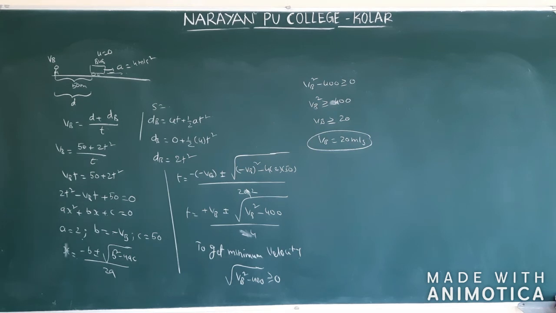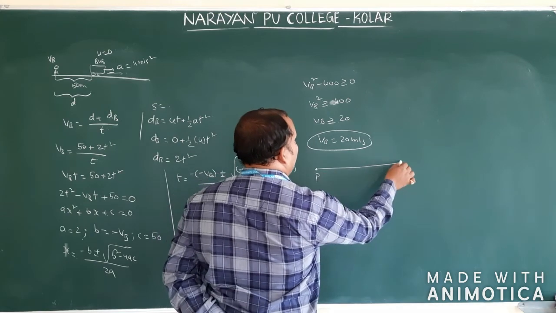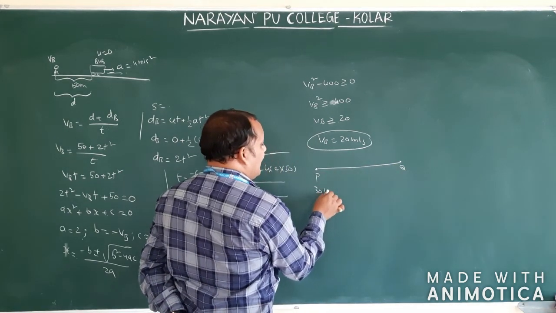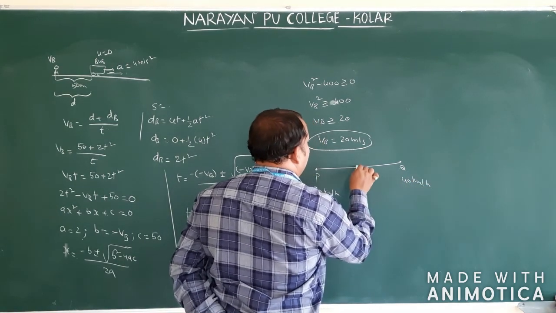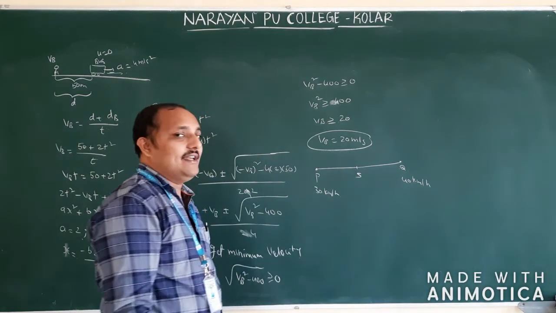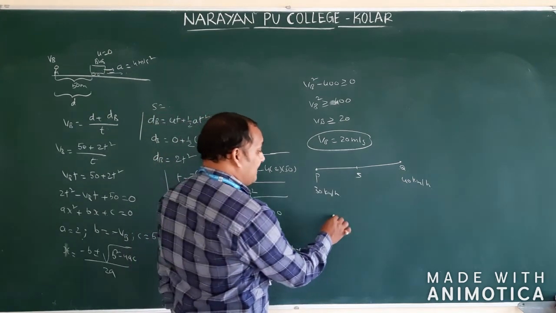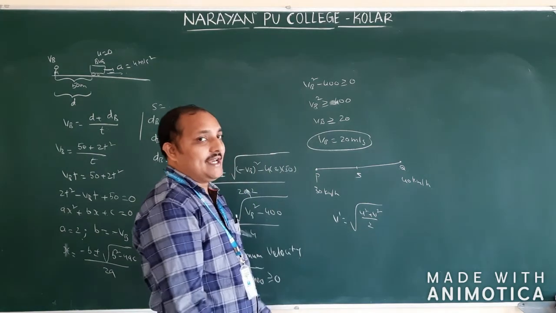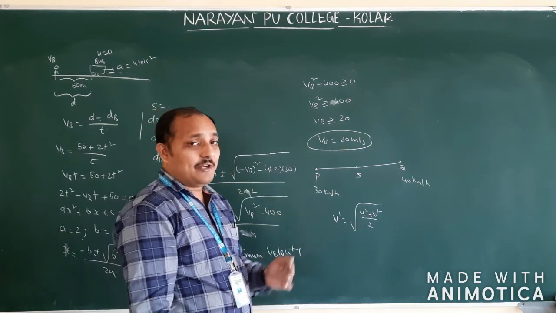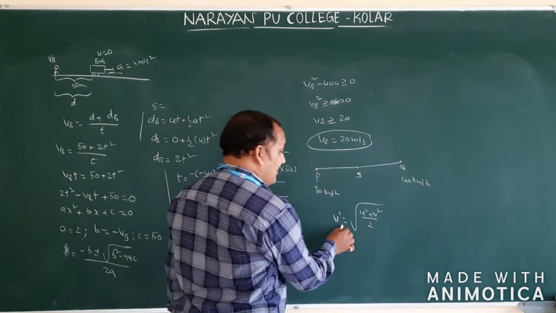The velocity of the car midway between P and Q. Midway between P and Q means, this is P, this is Q. At P, 30 km per hour. At Q, 40 km per hour. Midway, that is nothing but R, you can take. So what is the velocity at this midpoint? We derived one equation: V dash equal to root of u square plus v square by 2. I told you, a train is crossing one electric pole with the initial engine and back compartment. What is the velocity of the middle compartment? That formula you are going to apply.